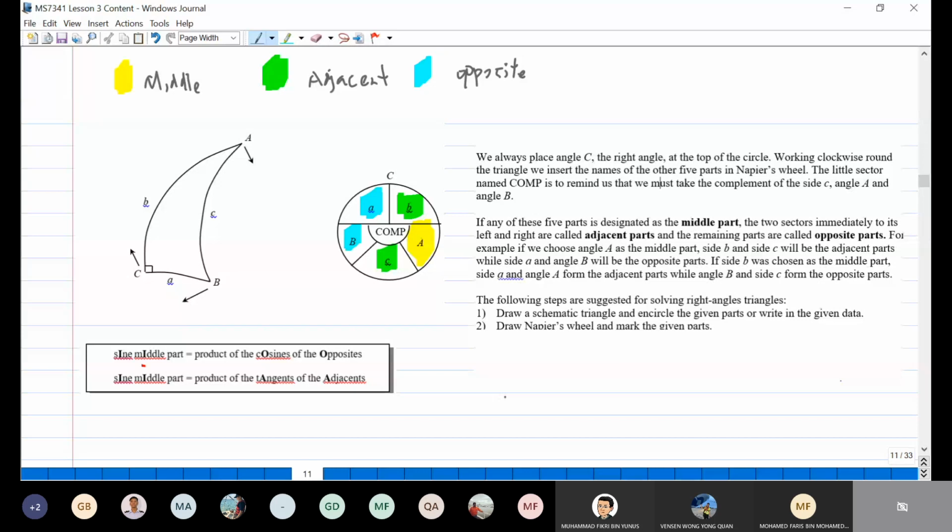So I use this as an example to tell you how to apply this rule. For example, if I want to find sine of the middle part, so sine A, I want to put some more here because A has a complement there. So basically, the complement sign here means that this is actually the complement of A, because of the complement at the lower end. So sine of complement of A, the complement of A is the yellow one, is equal to the product of